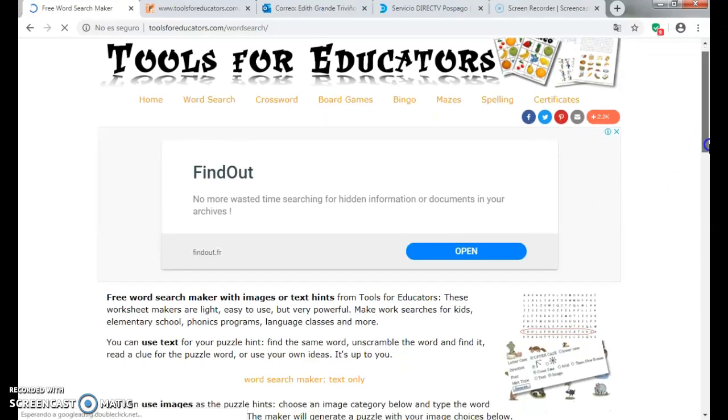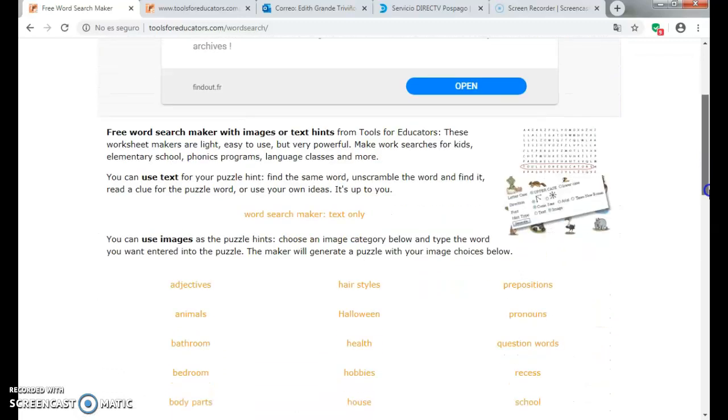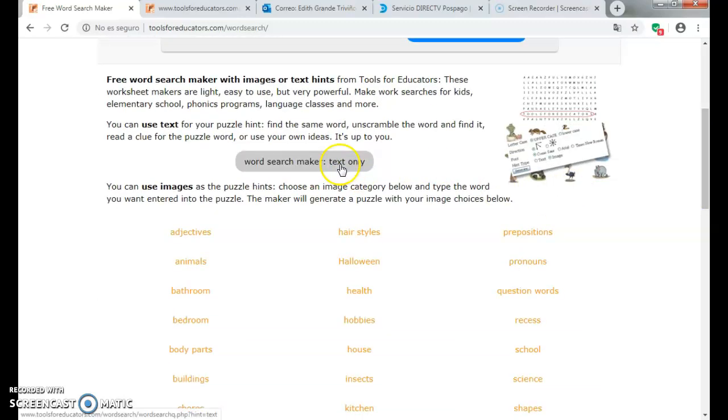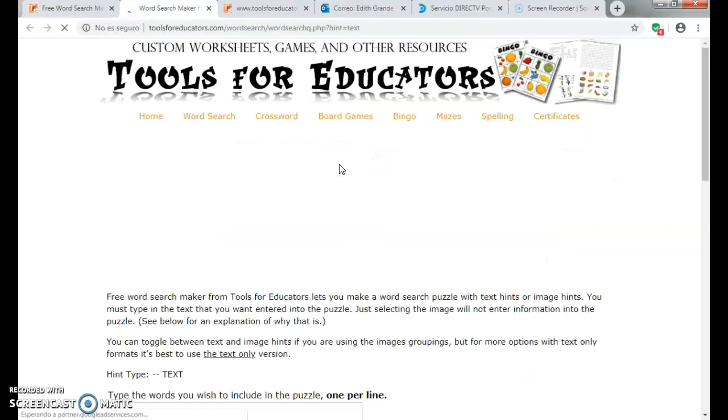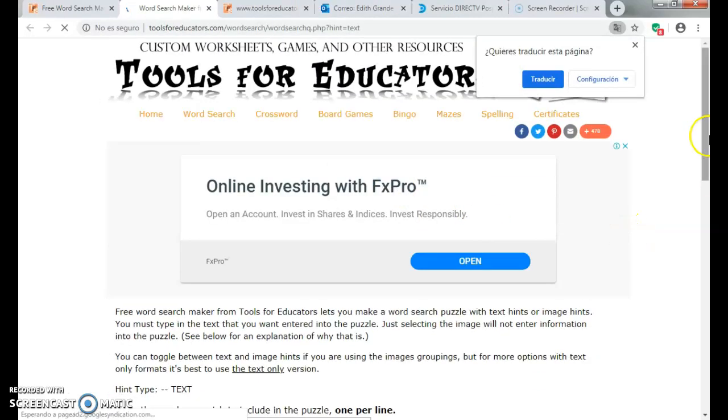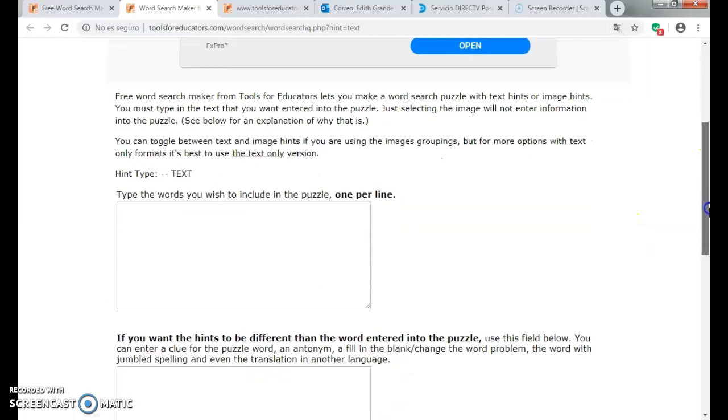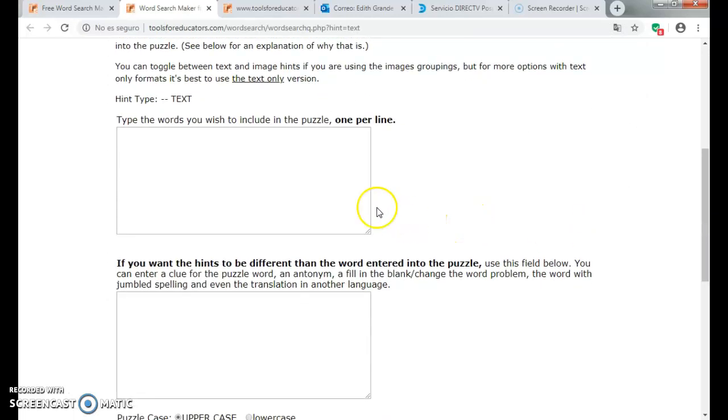Then you are gonna create one word search maker just by writing the words in the dictionaries. So it says, type the words you wish to include one per line. So for example, I am in dictionary page 9 and I'm gonna write down enjoyable, then in the other line fatty, then in the other line feel, in the other line healthy,